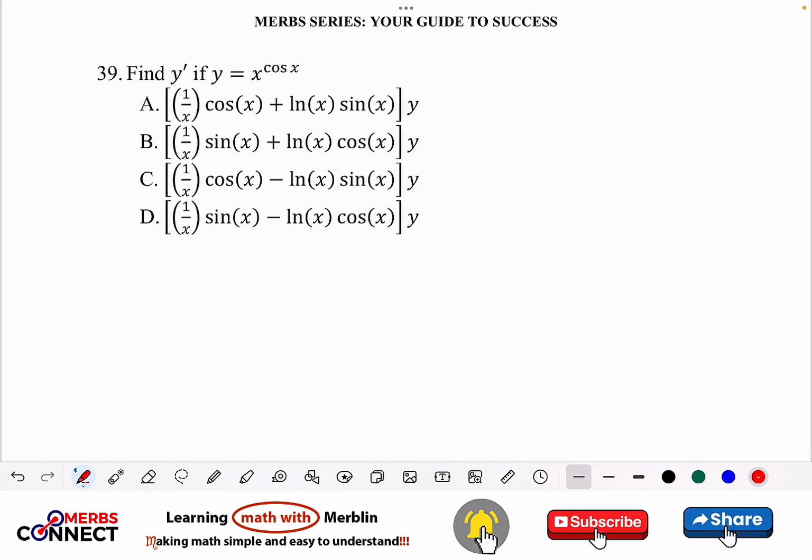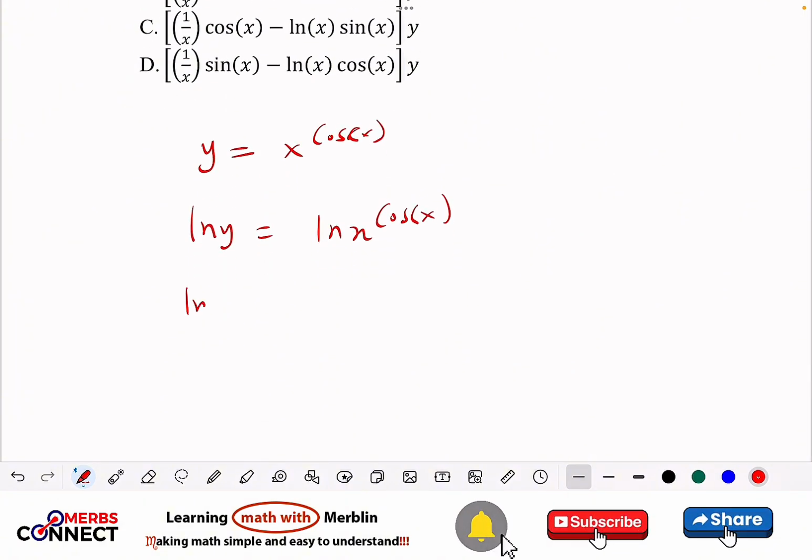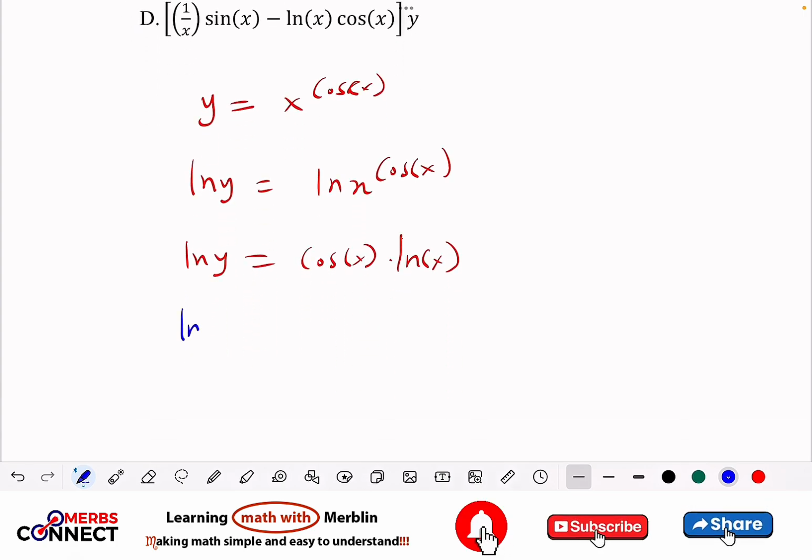Let's do this one. y is equal to x to the power cos x. So this is a non-constant base, so we need to take the natural log on both sides. Then we use one law of logarithms to make sure that cos x comes down. Then we can use the product rule. So 1 divided by y times y prime